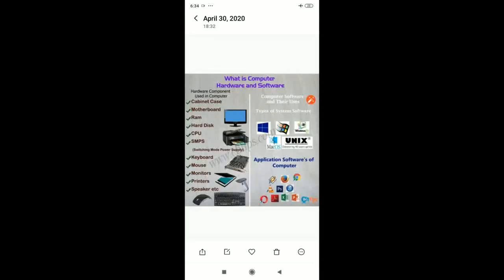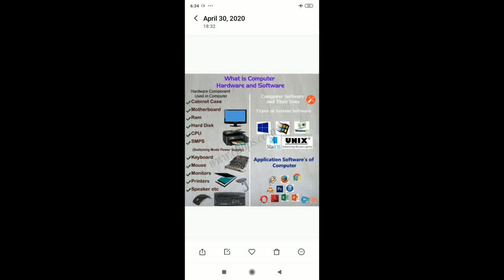Let's start from the very basic thing of a computer. What is a computer made of? Mainly two things, hardware and software. You already know what hardware is: those parts of a computer that we can see and touch. As simple as that. Computer hardware is also called computer peripherals.